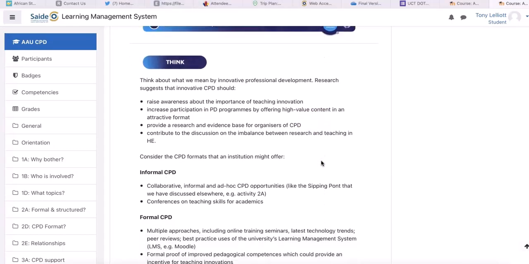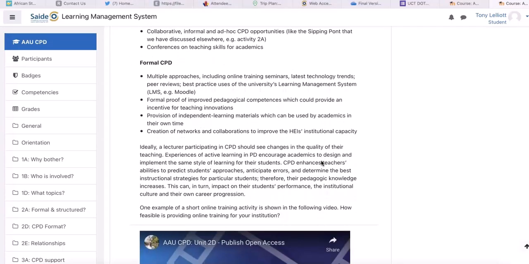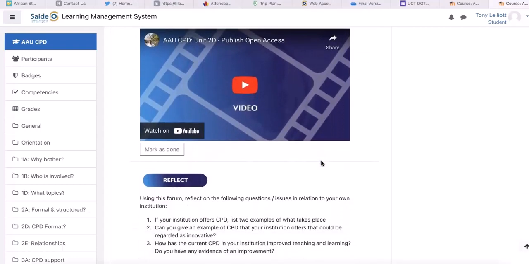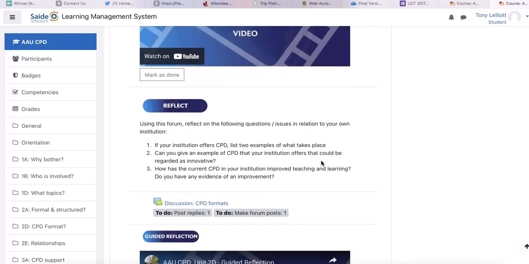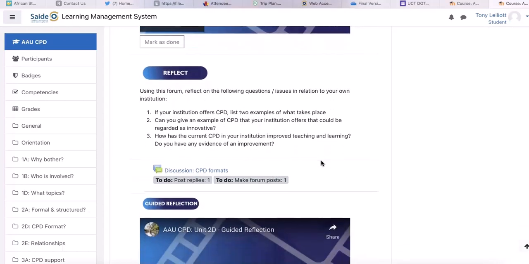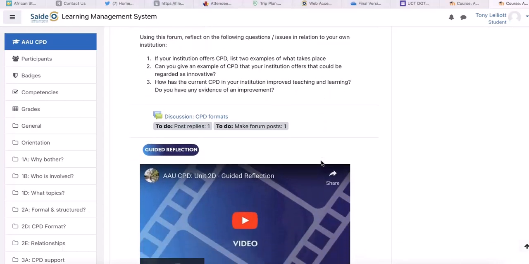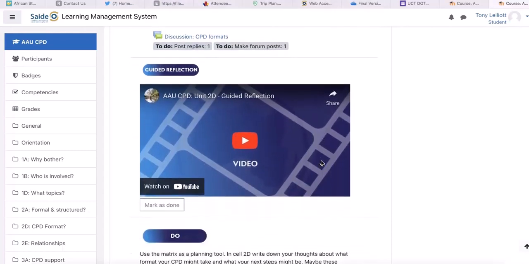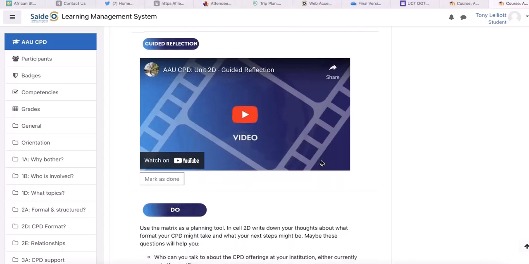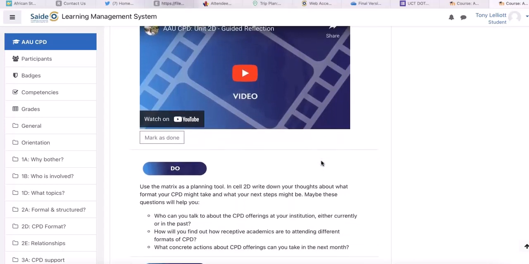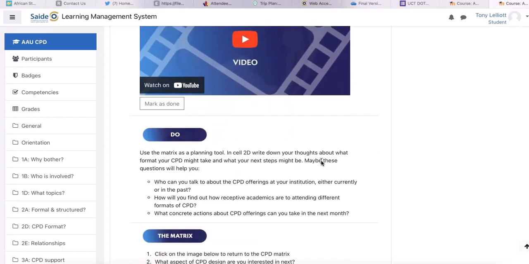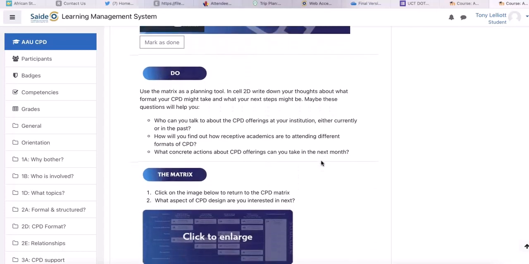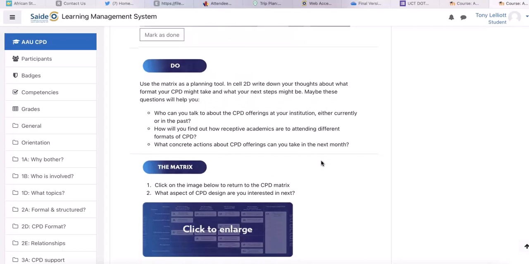Think, reflect, with a discussion forum, guided reflection, and then do. For each activity, you will think, reflect, and do.